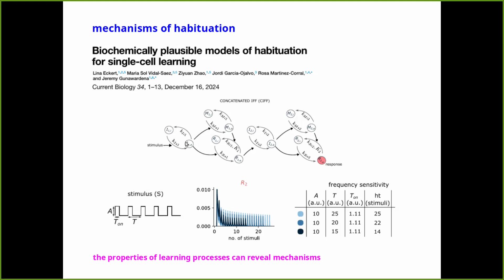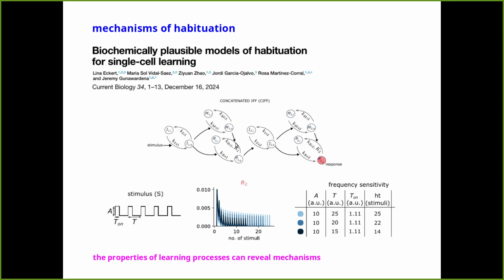In this case, the active state encourages the active state of this. But in this loop, the active state encourages the deactivation of this. So it has a different sign. So what we have here is what's called in the biochemical literature an incoherent feed-forward loop, an IFF. It's incoherent because while this is positive and that's positive, this activation is a negative one. So it's incoherent. And incoherent feed-forward loops are known to have nice properties of adaptation.